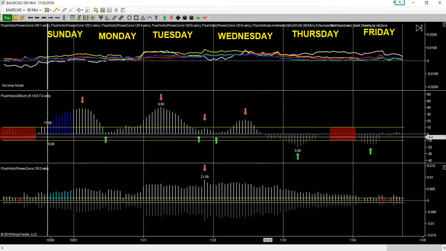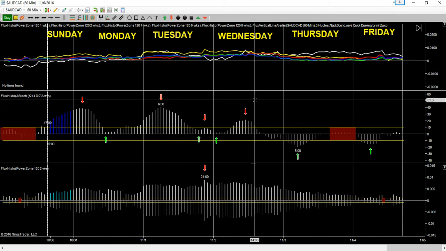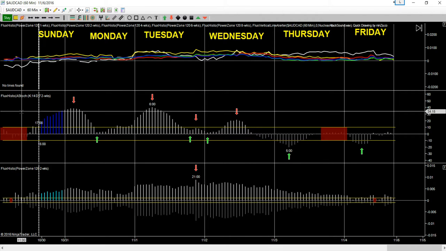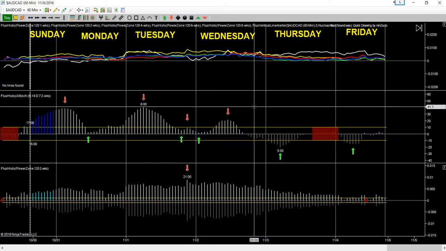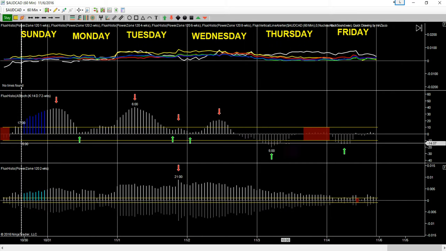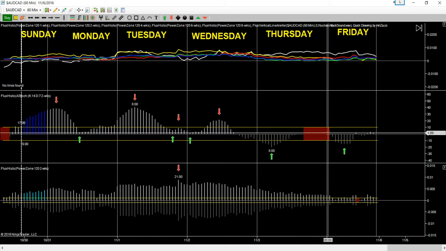To the south till 5 a.m. It looks like 11 a.m. is a very key time because that's probably the London close, so you're getting a lot of action around that time. Okay, 5 a.m. Thursday, we're going up until this, it chops after that, and then back down